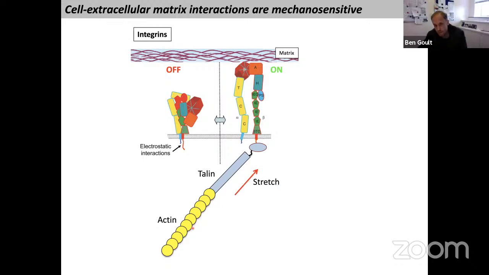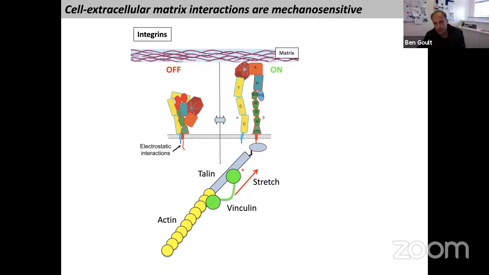And what's well established now for probably 15 years is that when you pull on a talin molecule, it's mechanosensitive because it will recruit the protein vinculin. And vinculin is shown in green here. And it both stabilizes the shape of the talin molecules, but also reinforces the links to the cytoskeleton. So these adhesions can grow and shrink as a function of forces, changing their signaling.